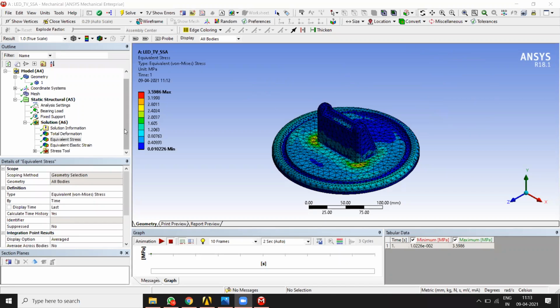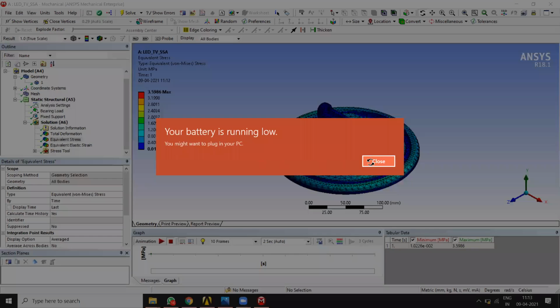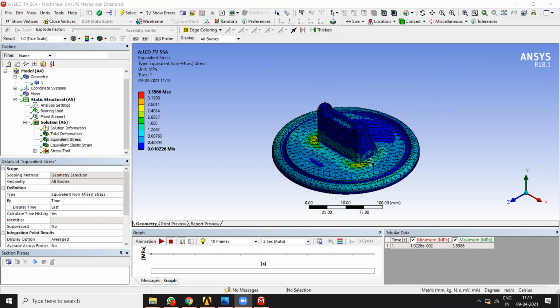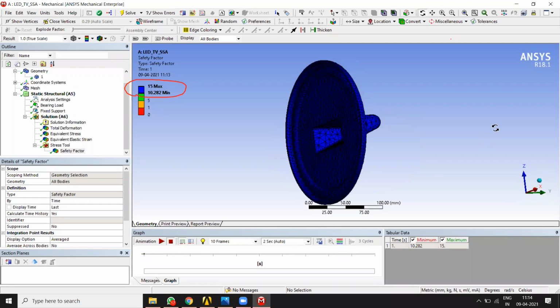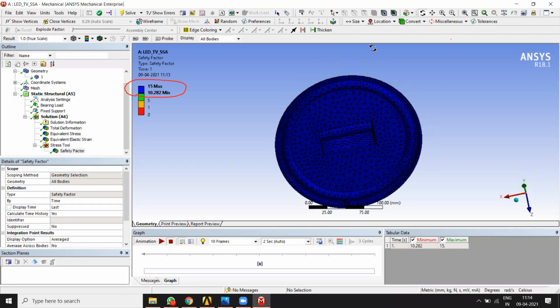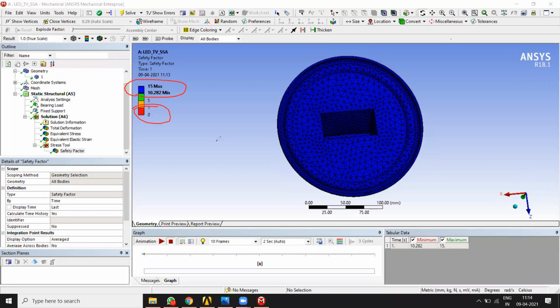Okay, if you go into the results, under stress tool, there is a safety factor. If you click it, see the value is more than 10 to 12. The variation is from 10 to 12. There is no red zone in our results. कहीं पे भी red area नहीं है. So nowhere do we have a factor of safety 0. That means the complete design is too safe. It's too safe. Okay, so that is it about the analysis.